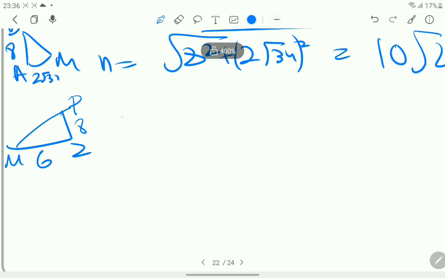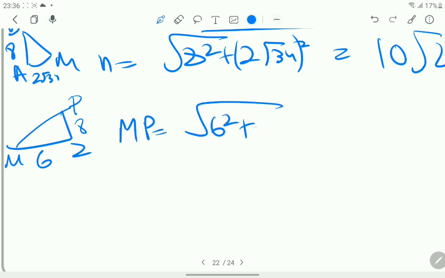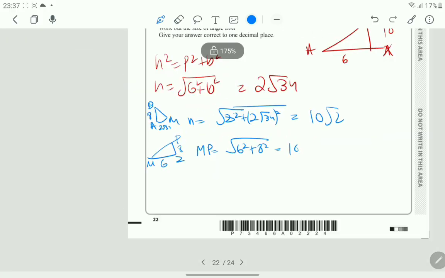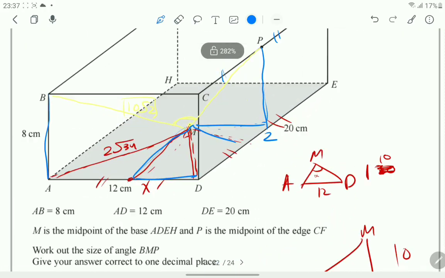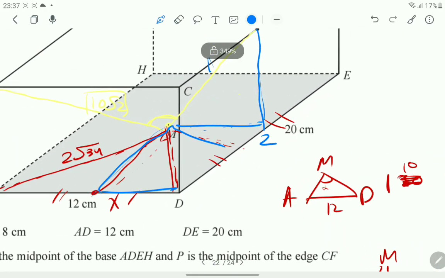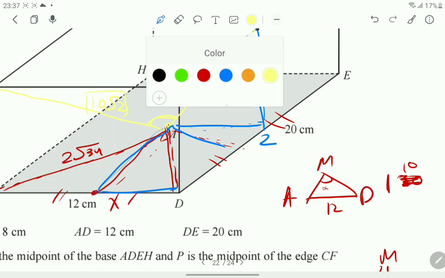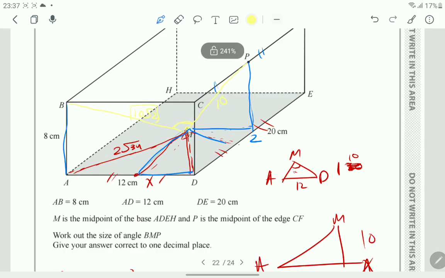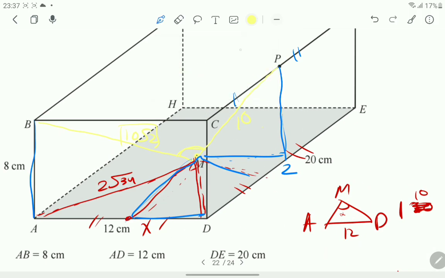So we can find out the length of MP would be the square root of 6 squared plus 8 squared, which would be equal to 10. Let me label this as 10,